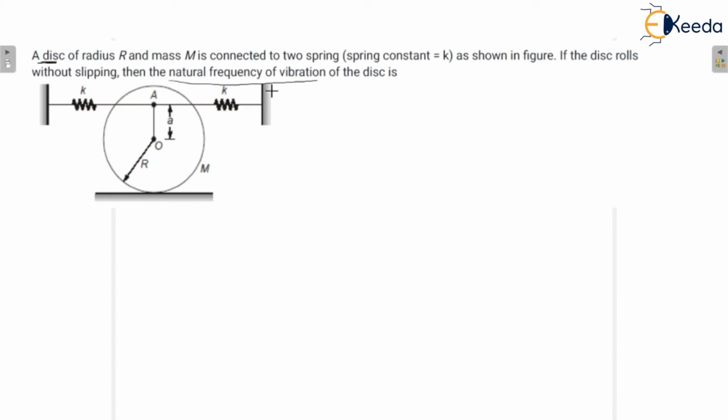See, you can solve this question either by energy method or torque method. Using both methods, you can get the final answer. Which one is easy? It depends on the type of question. Sometimes it is easy to apply the energy method, sometimes it is easy to apply the torque method. So how can we determine which method is less time consuming? Actually, it depends on the number of questions that you have practiced.